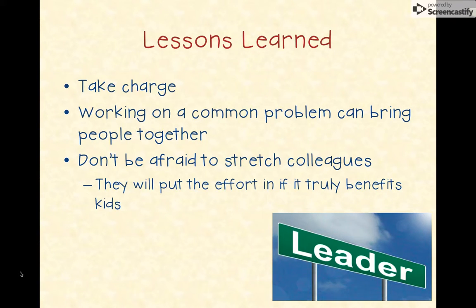Also, working on a common problem can bring people together. So we don't get a lot of common planning time. We used to get 2 class periods per cycle that we had team meetings and we were able to get together and work on curriculum and talk about problems.